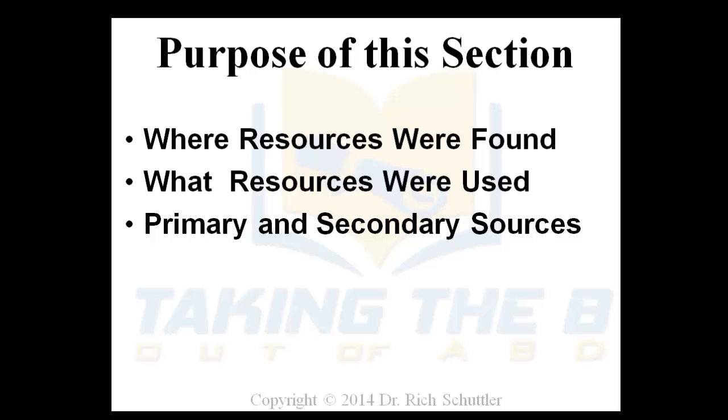The purpose of this section is also to help the reader later to understand which were primary and secondary sources that you used. Now, what you're going to be doing in your literature review, let's say, for example, you're doing a search and you found a book that you wanted to include in your work. Let's just say perhaps you were doing something in quality management and you saw that Dr. Deming is a foremost expert and his work is important to your research. That's expected, and I would expect to see that person's work in there. And he's the primary author. He's the germinal author. He's a subject matter expert of quality management improvement in certain aspects.